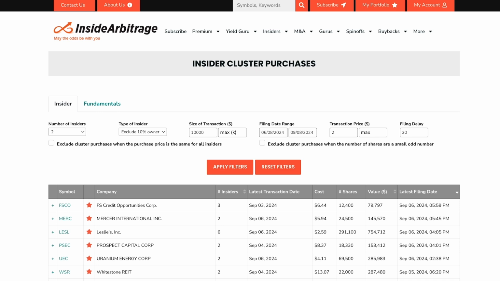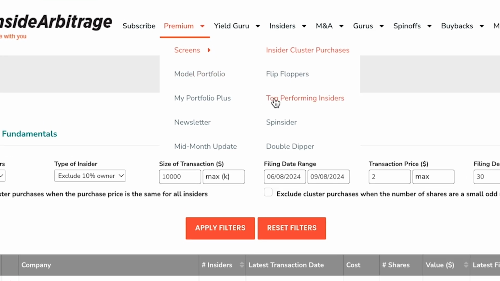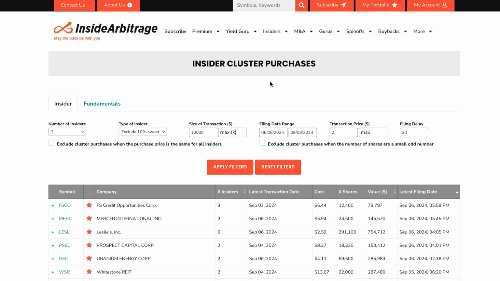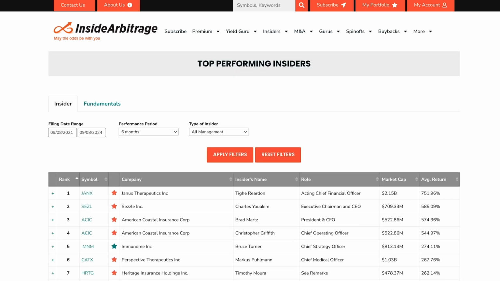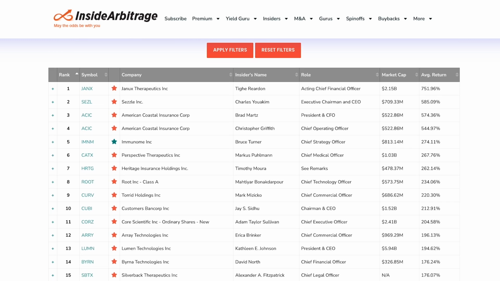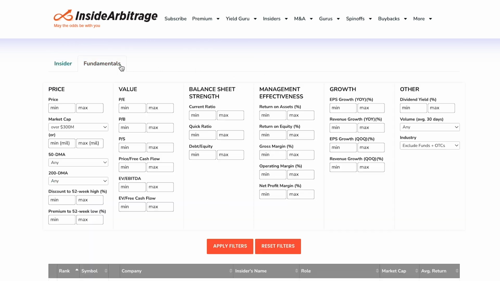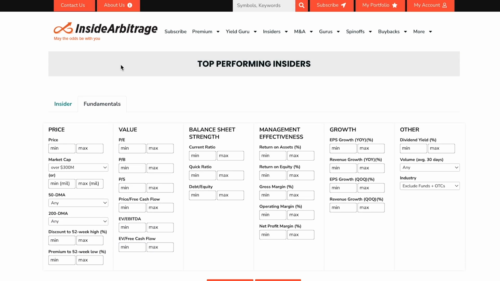That's it for the cluster buying screen. Let's move on and cover a few other screens that are included as part of your premium subscription. The top performing insider screen is quite simple. It looks at all insider purchases and returns a list of insiders that generated the most returns from their purchase or purchases. The Fundamentals tab on this screener is identical to the one described before, so we'll focus on the